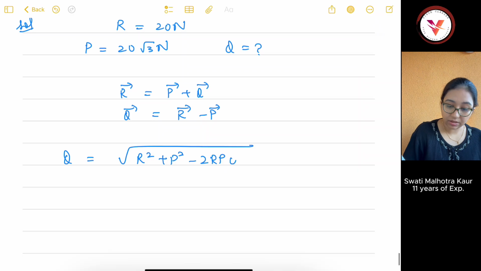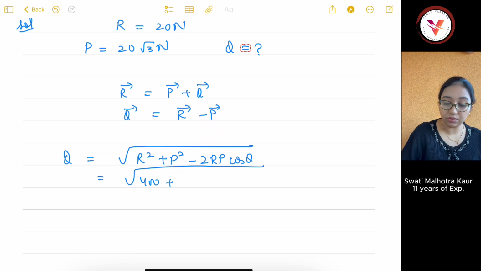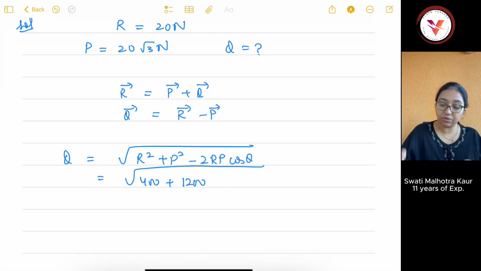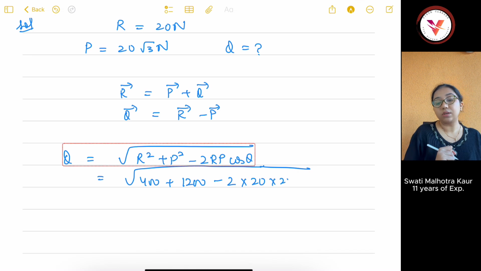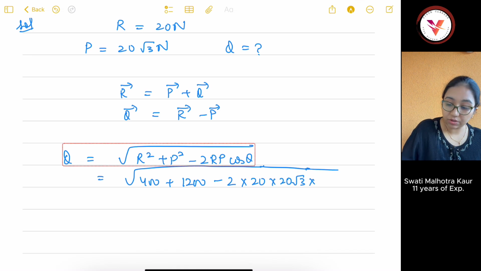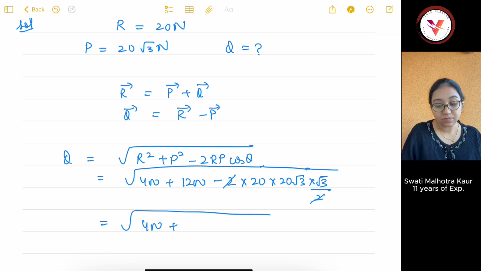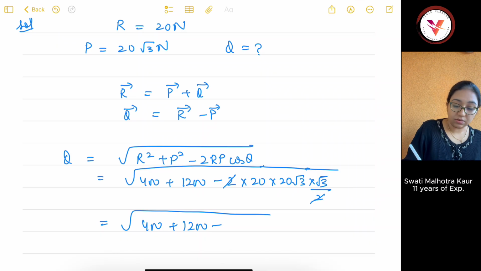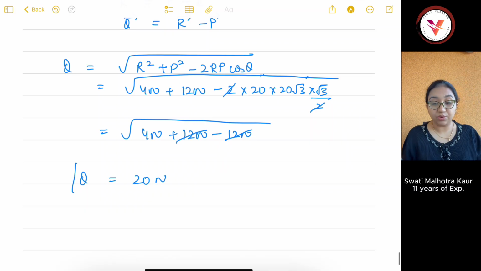R is what, 20, then becomes 400. P is 20 root 3, so P square is 1200. Okay, 400 into 3 minus 2 into 20 into 20 root 3, and cos 30 degree is what? Root 3 by 2. So you cancel this, it becomes 400 plus 1200 minus 1200. So it becomes 20 Newton. So it's very easy, but there is also a trick you can use in this question,